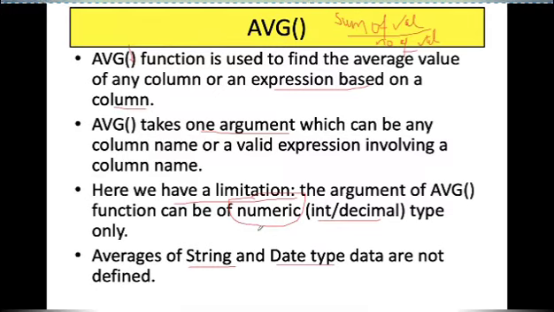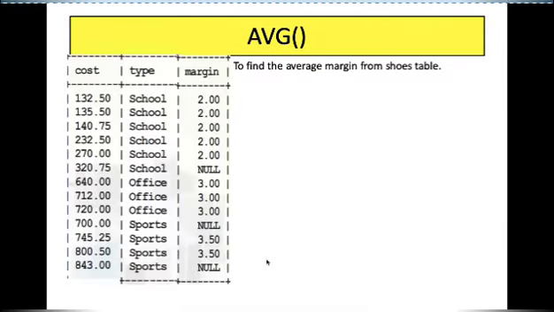So this is the difference with respect to the min and max functions, how average is different. Now see this example. Find the average margin. Now this is margin 1, 2, 3, 4, 5. It will not consider this null. So the total number of values which we have to divide by will not include it either.